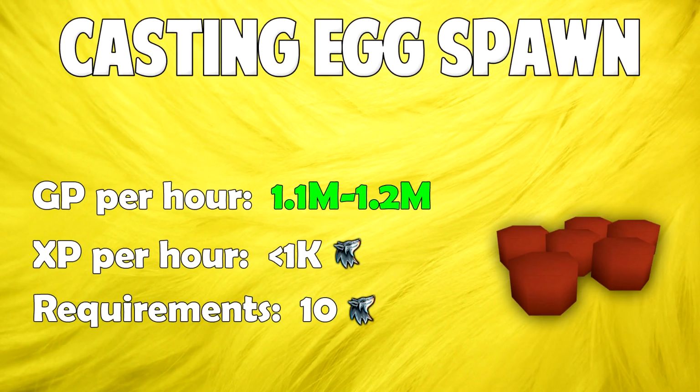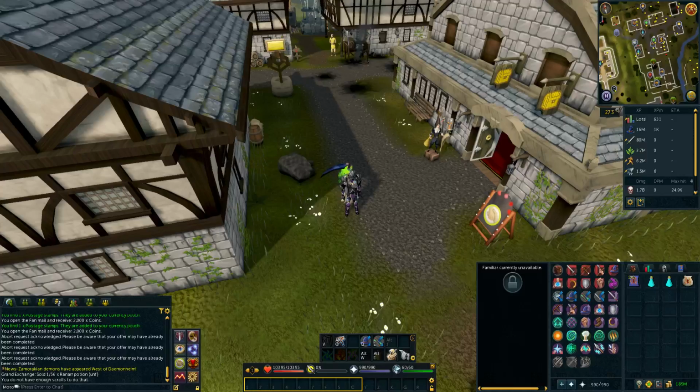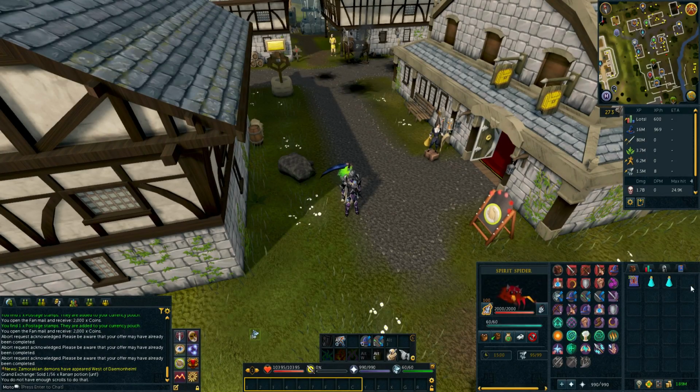Casting Egg Spawn is our next one, and you can make between 1.1 and 1.2 mil per hour whilst doing this, and you'll also be getting around 1k summoning XP per hour. And in order to do this, you just need 10 summoning. Now what you need in order to do this is a spirit spider pouch, and you also need some egg spawn scrolls. You can buy both of these off the Grand Exchange, and all you need to do is summon